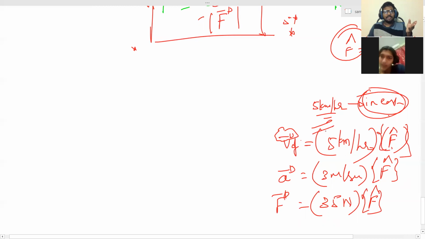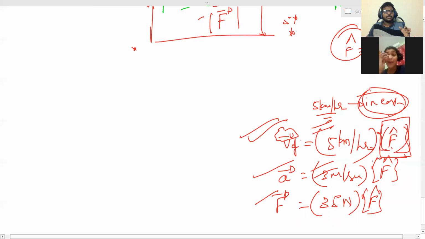That means if you have F cap, you have one direction in your hand. You can multiply it with any other vector. Velocity of Tirtha is one vector, acceleration of Ganpati is one thing, and a force of 35 newtons in the east is one thing. All 3 are different vectors, but I represented them in which terms? F cap terms. F cap means nothing but a unit vector, one unit magnitude and one particular direction. Yes, sir. Got it?